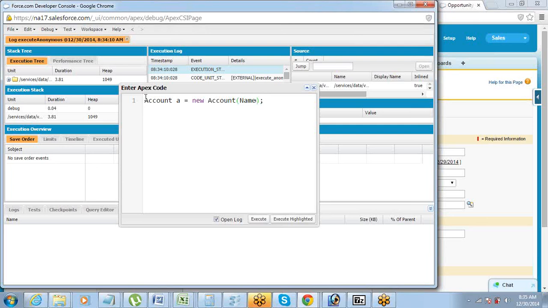Name equals Wipro Technologies. Type equals customer.